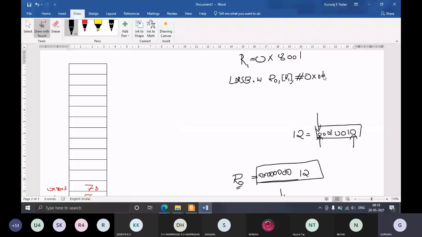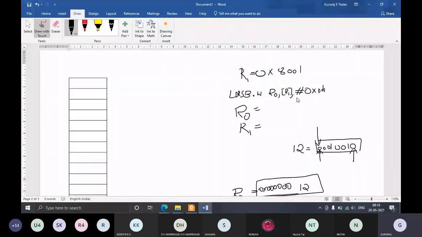So now let's see what will be the content of R0 after execution of the instruction, and what is the content of R1 after the execution of the instruction. Fine. So now analyze this and tell me to which location R1 is pointing.